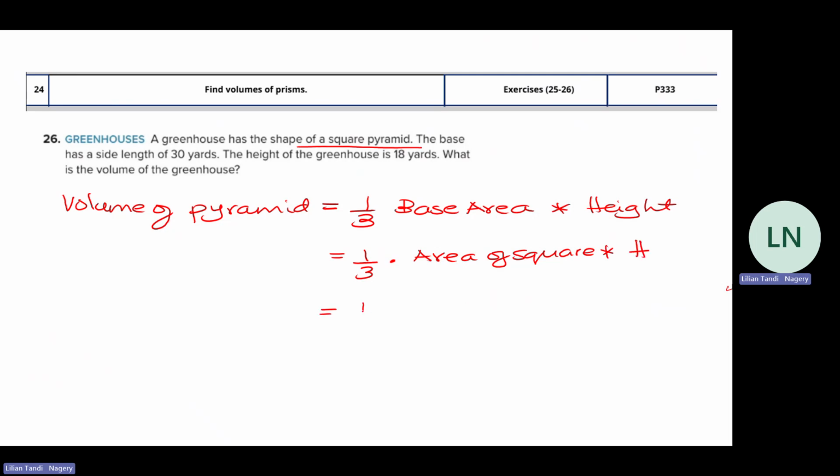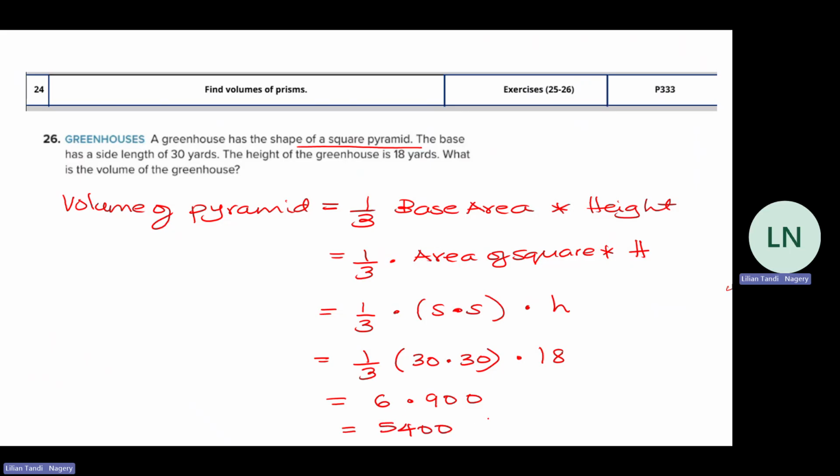Now I'll put my formula, 1/3 times S times S. S times S is the area of a square, and then the height. Now let's put our values. 1/3 multiply 30 times 30, and then multiply by 18. This will give you 6 multiply 900, and this should give you 54